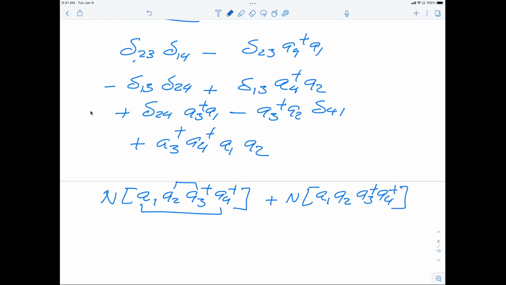So in this specific case, what I have is still this Kronecker delta. So I perform that one. That gives me the Kronecker delta, the contraction. And then I have A1, A3, and I want to normal order that one. And that means that I have to shuffle A4 to the left, and A1 to the right, and that gives me a minus sign. If I take the next one,